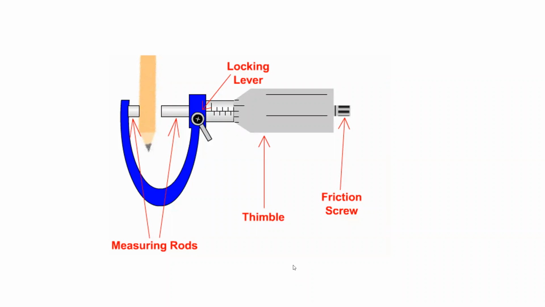Okay, sir. And a thimble. The thimble is just the part of the circular scale which we use to rotate. And this is called a friction screw. Normally a student rotates the micrometer by holding the thimble. Instead of that, they should use the friction screw, because when the object is between the jaws of the micrometer and we rotate the friction screw, it will not deform the object. That's only for the safety of the object, so that it will not change the reading.